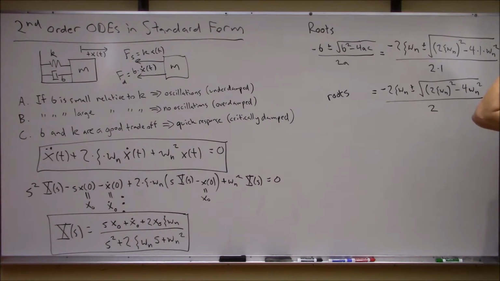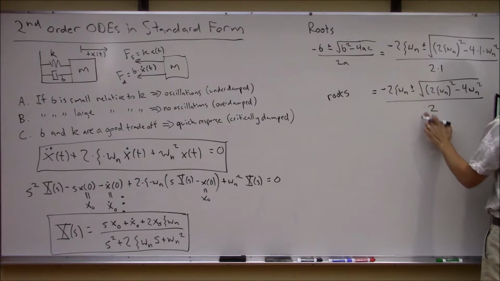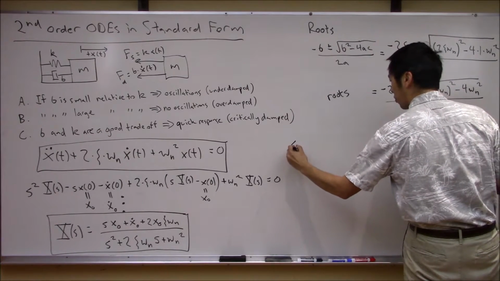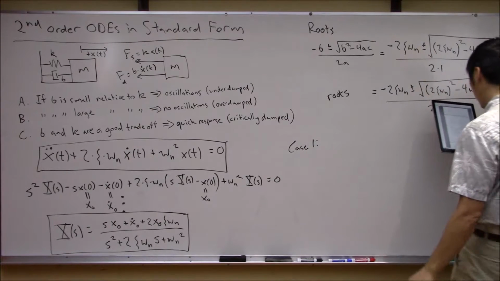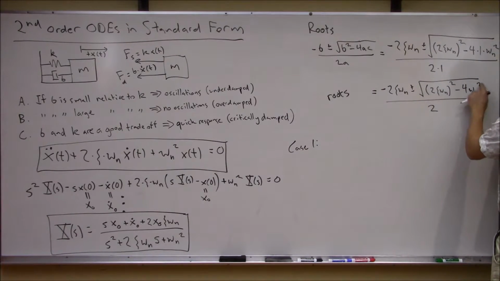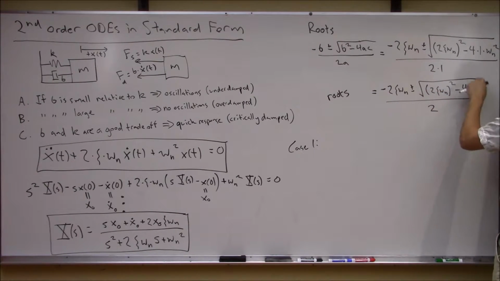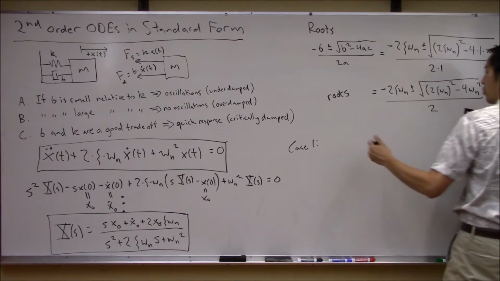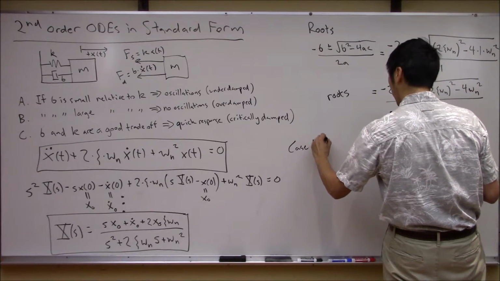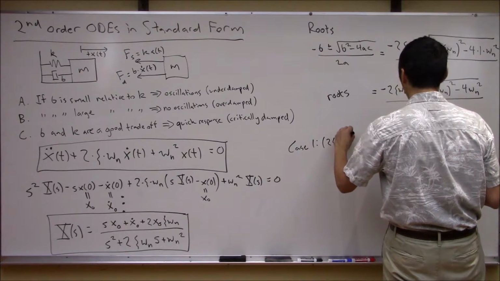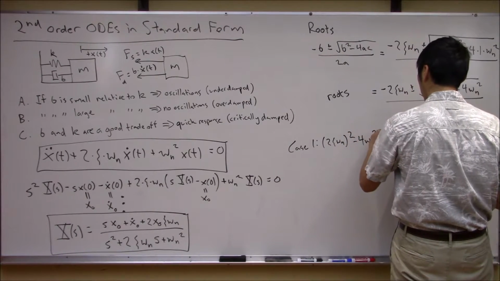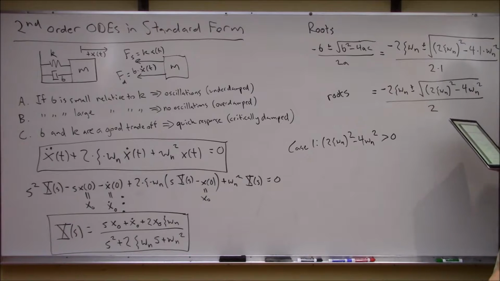Okay, so now you have to ask yourself the question, what do these roots potentially look like? We end up with 3 cases. Case 1: what could happen is this discriminant, the b squared minus 4ac term, by the time you plug in the zeta and omega n, comes out to be strictly positive, which means this is a real number, with no imaginary component. If the discriminant is positive, let's write that down: if 2 zeta omega n squared minus 4 omega n squared is strictly greater than 0, if it's positive,